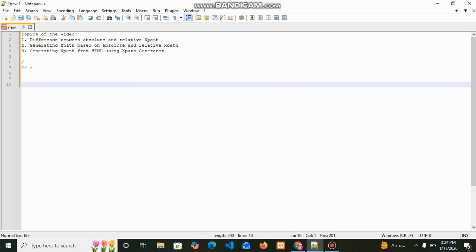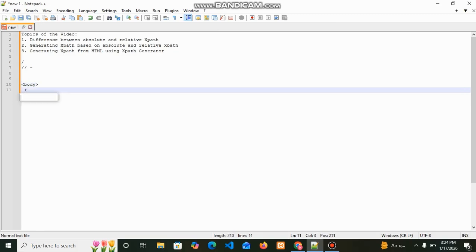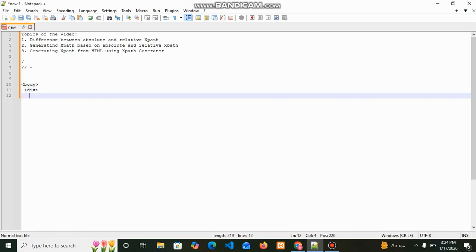So whenever you want to design an absolute XPath, for example, if there is an input element under body, and there is a div after the input element, later one input with the type text and with some ID.